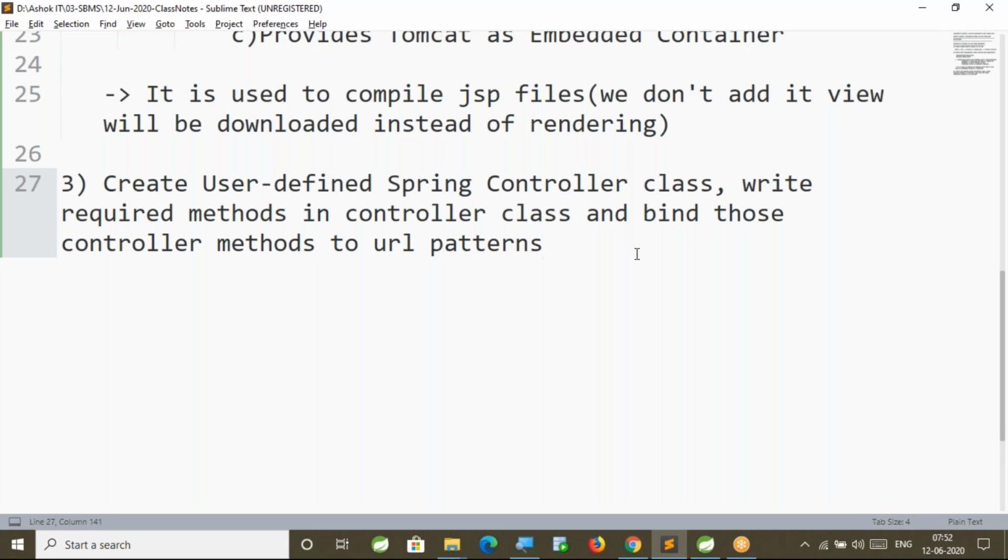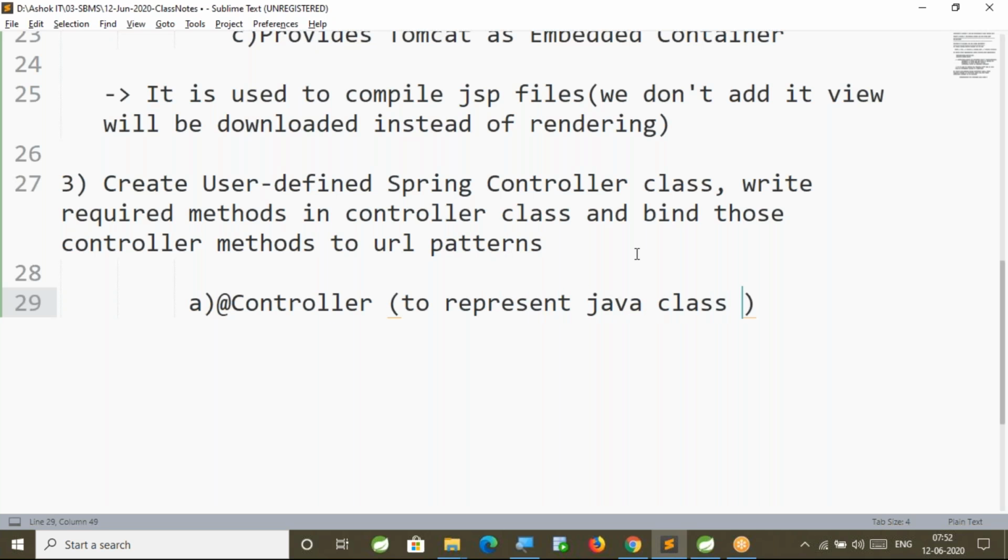For that, we are going to use two annotations here. What is the first annotation? The annotation is @Controller, to represent a Java class as a Spring controller.